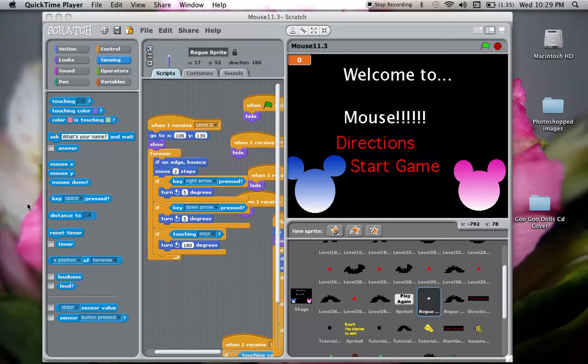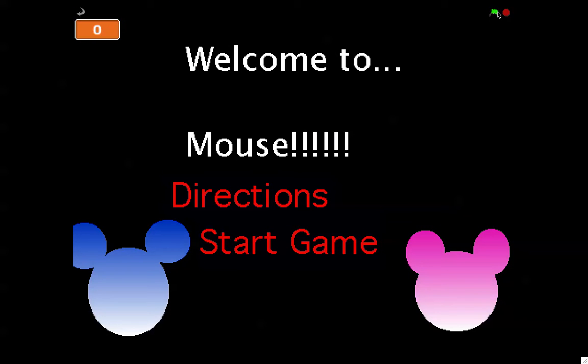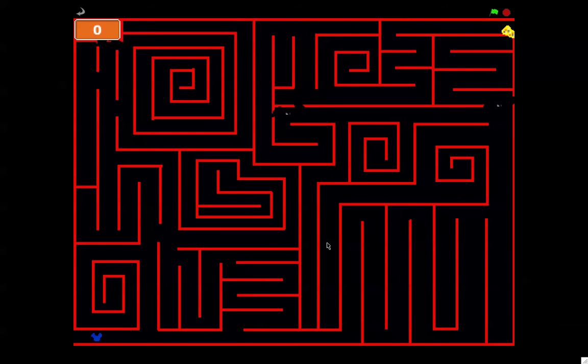It is a review of the changes I made for my Scratch program, which was called Mouse. To give you an overview of the changes that I made, we're going to play through the game. Okay. So just like before, you start out on a black screen. And it's the same principle, you just have to navigate through. However, to add some more challenge,